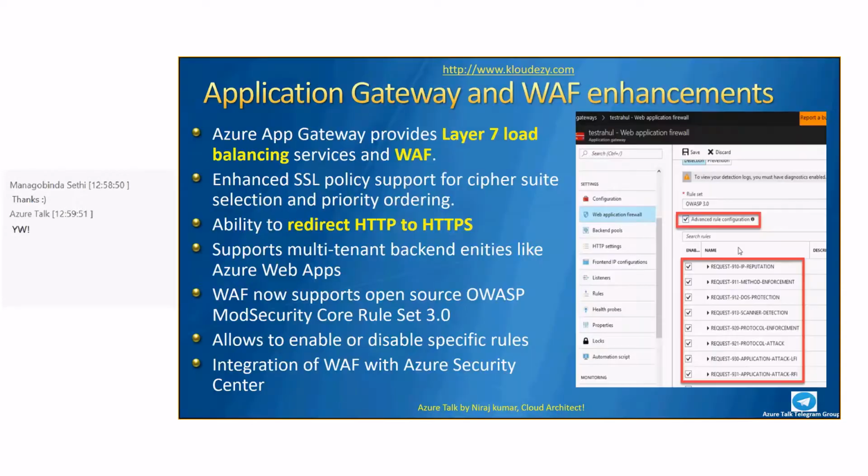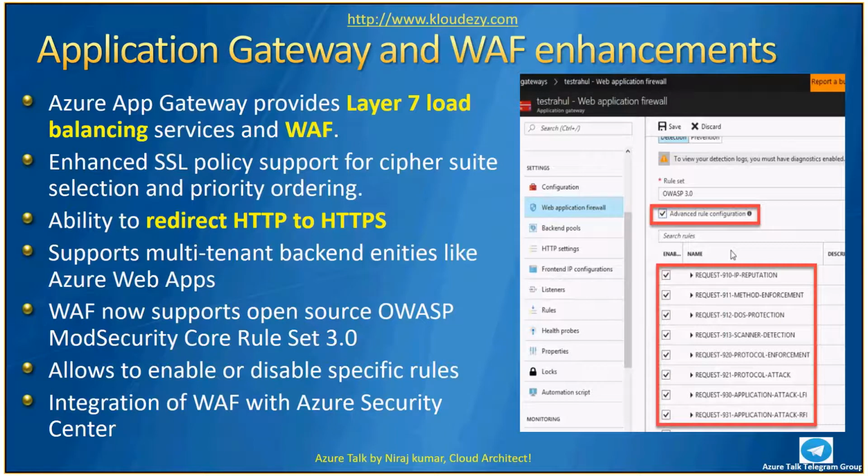Niraj, in fact, while we are talking about redirection, I have enabled this redirection on an Azure Web App. I don't have a WAF, I'm using it as my personal one. There, I had to install a third-party plugin which redirects HTTP to HTTPS. So essentially, it's doing the same as what Rahul explained about IIS. Now you don't have to do it. Let's say you have hundreds of web servers and you're protecting them with the WAF; at the WAF layer itself, you can configure that redirect HTTP to HTTPS.